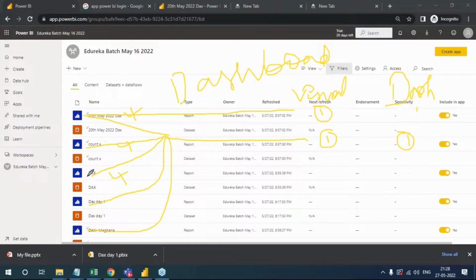Again from this, I will go and pick some other visual in the same dashboard. You understood? So on. If I really feel that it's really important to be seen by my CEO, I will prepare a dashboard by taking visuals from each and every